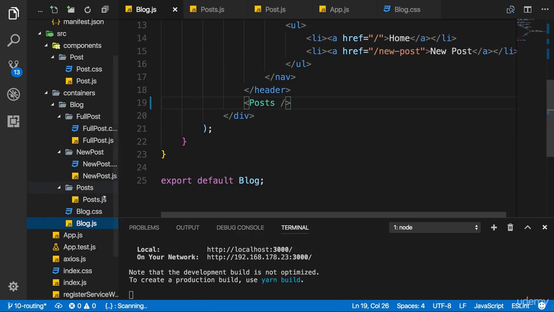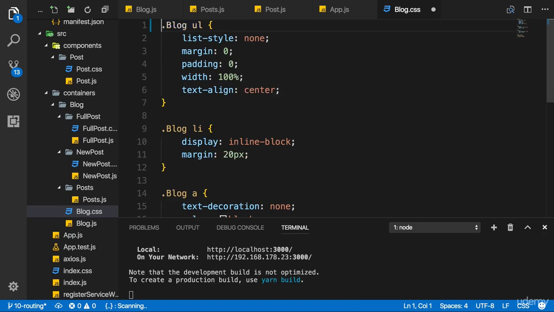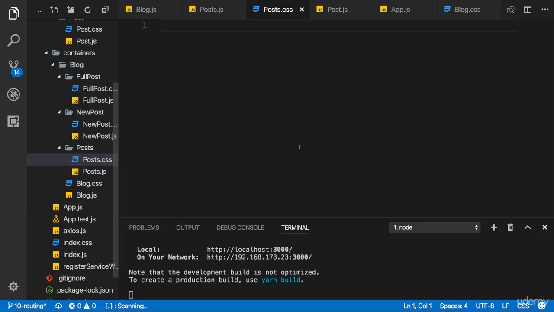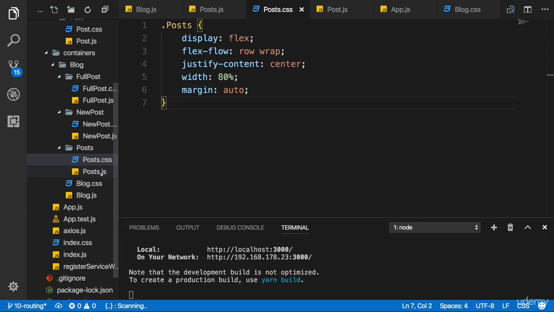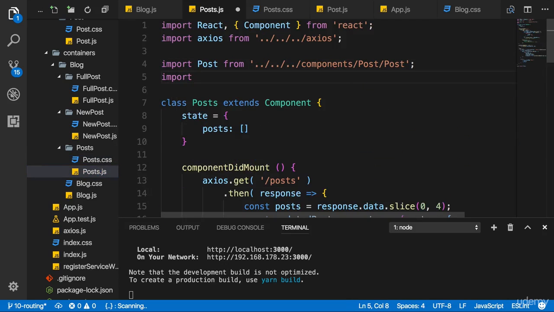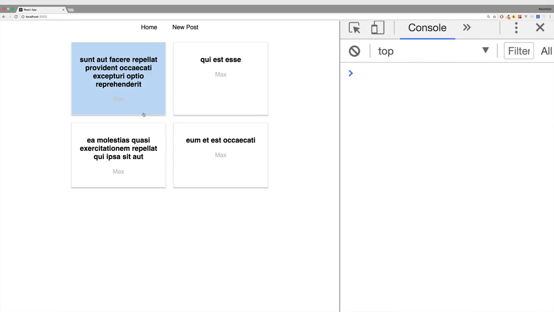Now for the CSS again, here in the block CSS, we have that posts class. Remove it from there, from the block file, we don't need it there, and put it into a to-be-created posts.css file, which we now import in the posts component. So there I'll import simply ./post.css. Keep in mind here we're not using CSS modules, hence the different syntax. With all that changed, if we go back to the app, we see just the posts.